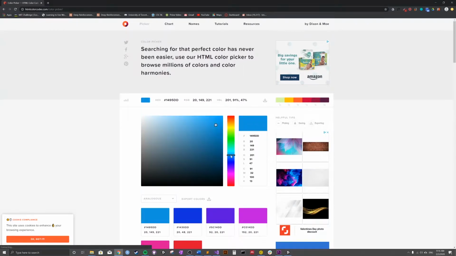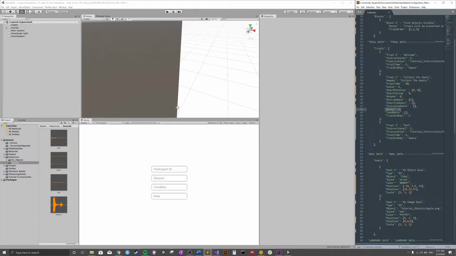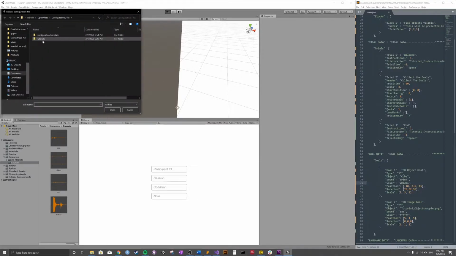Let's maybe pick some sort of nice green. Then what you can do is you can pick up this hex code. Just going to copy that, go back to our configuration file, and then we'll use our new hex code. Then when we save this configuration file and we go back to our experiment,